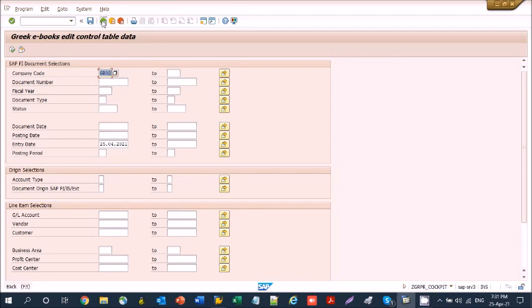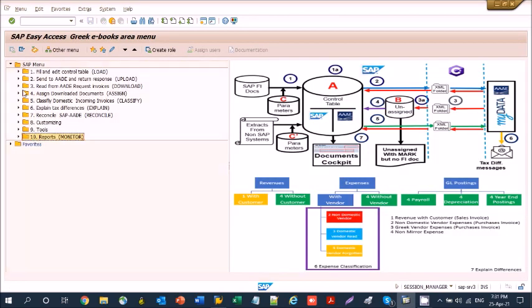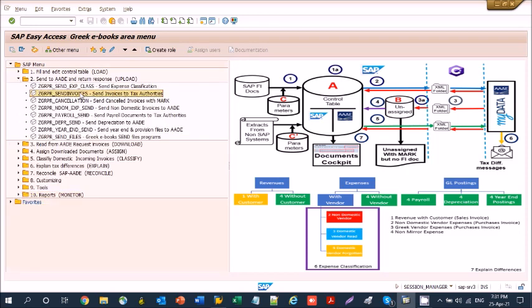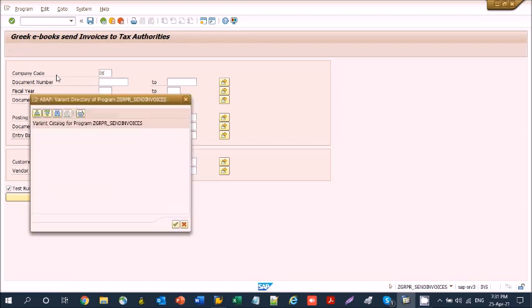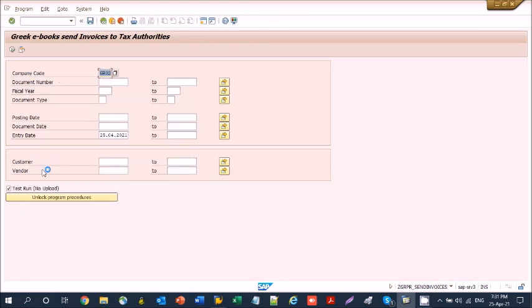Then we will upload the control table entries to MyData using the send invoices transaction, using the variant GR2 daily.